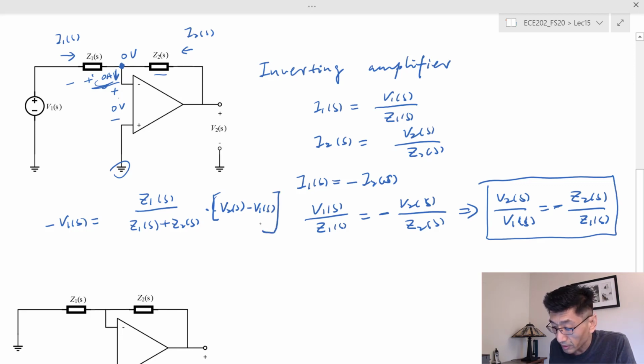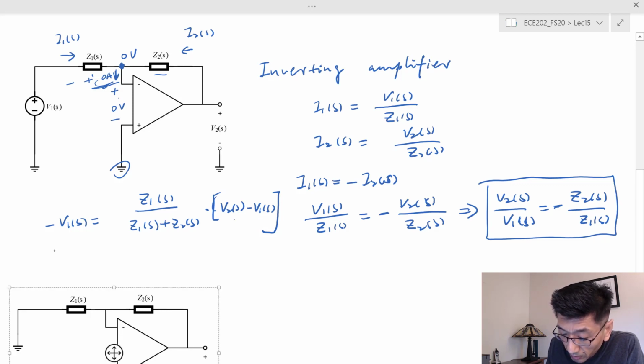So in this case, let me see if I can figure that out. Yeah, so in this case, I can multiply this out. I can move this to the other side. I got